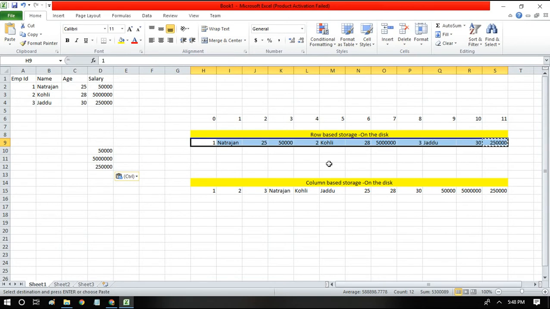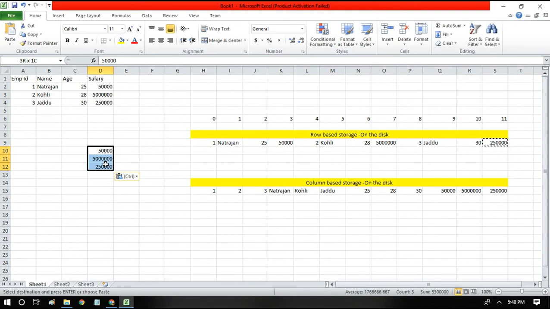When it comes to column based, we'll take the same example. We are going to find the average of the salary column. We'll go to the offset. Internally there will be offsets for each column. The offset for the employee ID column will be 0, the offset for the name column will be 3, and the offset for the age column will be 6. Similarly, we'll have an offset, or the place from where we have to look for the data of a particular column. You can relate it with that.